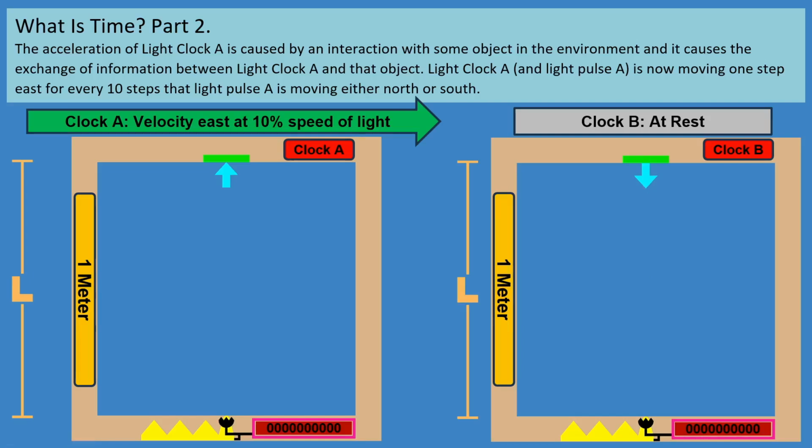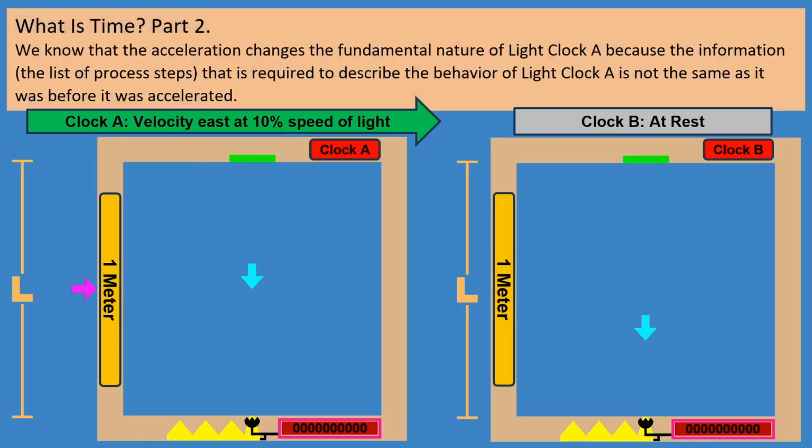Now we will continue on to the second half of the clock cycle. The light pulse turns around and is moving in the south direction until we get to the second difference. We know that the acceleration changes the fundamental nature of light clock A because the information, the list of process steps, that is required to describe the behavior of light clock A is not the same as it was before